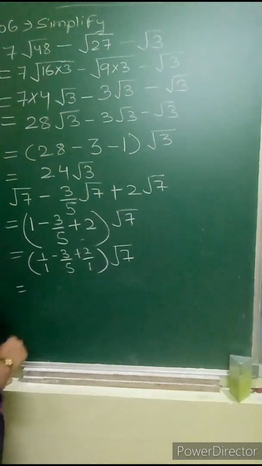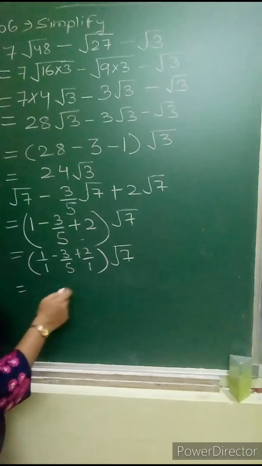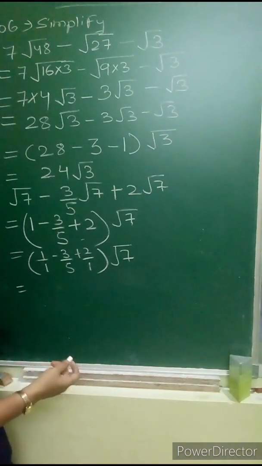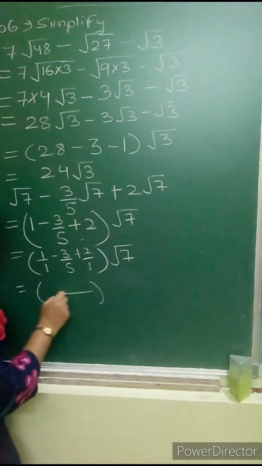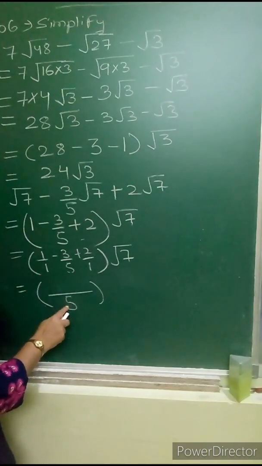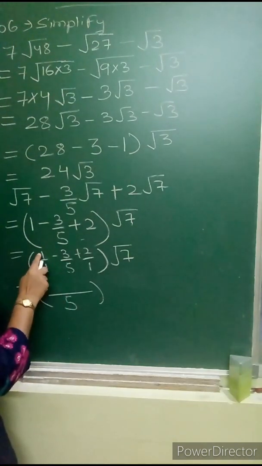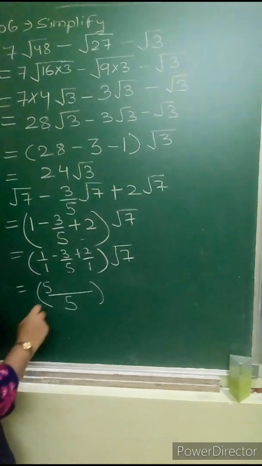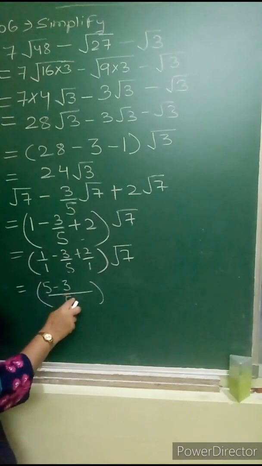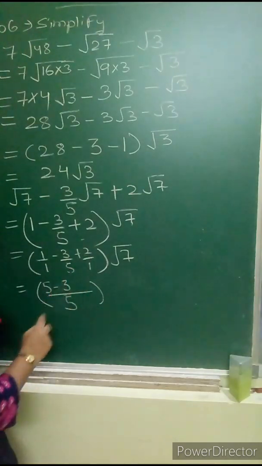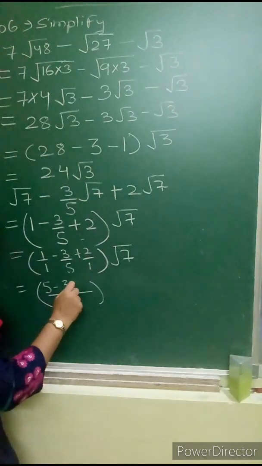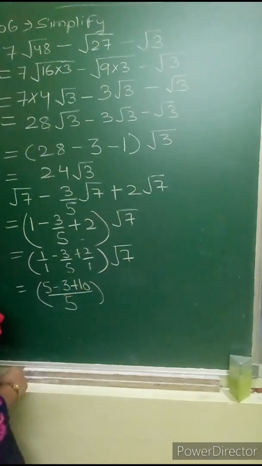See, 1, 5 and 1, we are having 3 different denominators. So in addition and subtraction of fractions, first we have to make the denominator same. So what would be the denominator here? LCM of 1, 5 and 1 is 5. Now see, 1 multiplied by 5 is 5. So here also 1 multiplied by 5 is 5, minus. Here 3 will continue to remain as it is. 1 multiplied by 5 is 5. So 2 multiplied by 5 is what? 10. So write there plus 10.